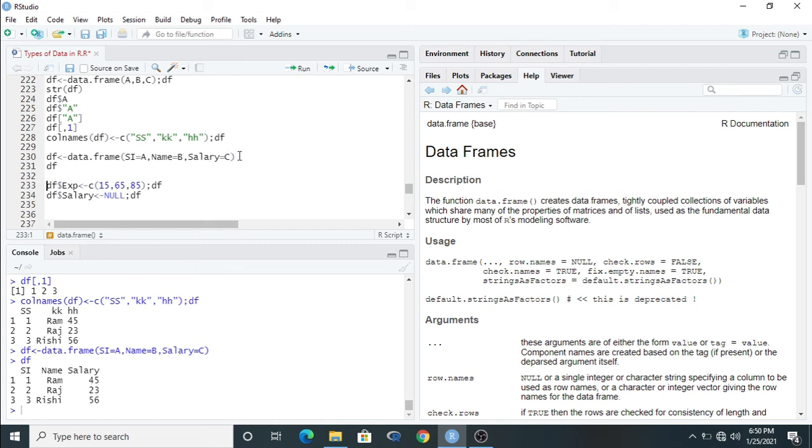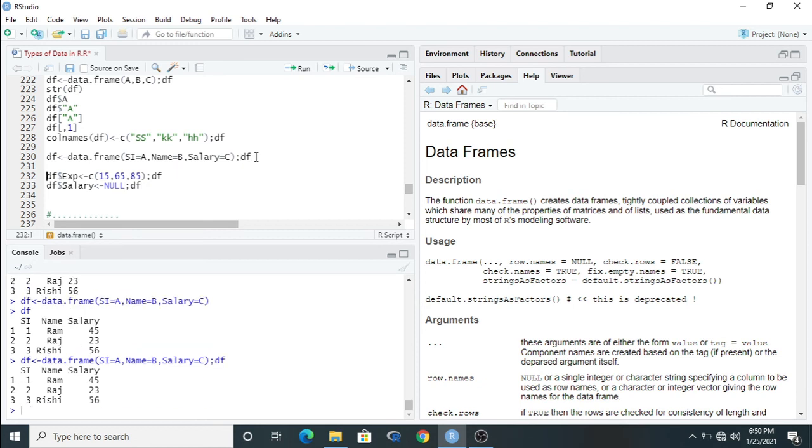You can run this and it will give the same result. For minimizing the number of rows, we use this sign and move the second row to the first row, it will be 1. It will indicate si, serial, name and salary. In the case of a data frame, you have to put the name of the vector and put the amounts that will be stored inside that vector or that column.